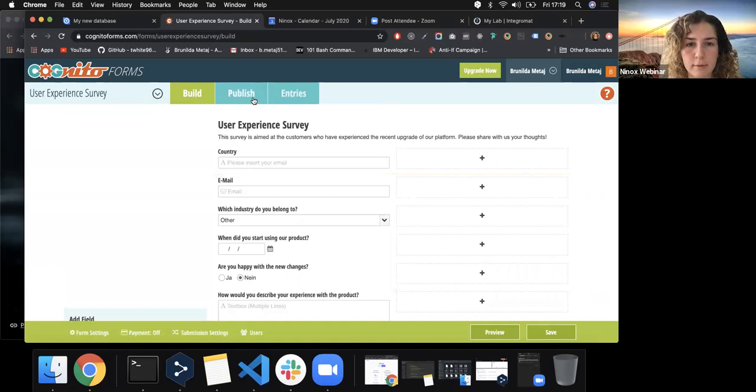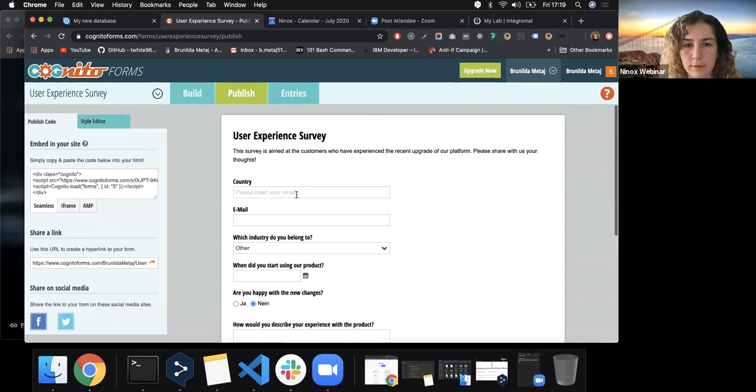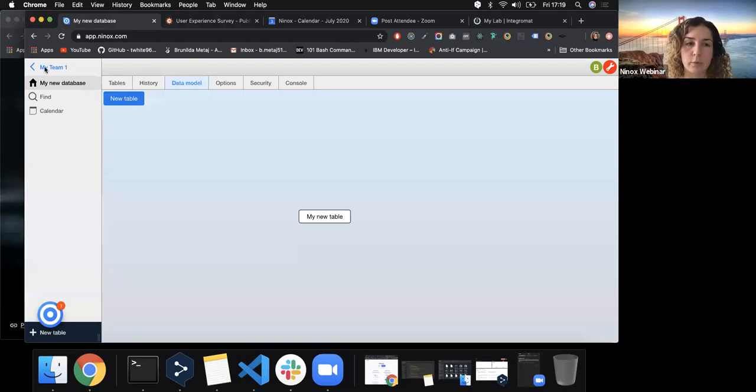And this is our form. So now that I have created our form, we want to make sure the end result is when someone fills out this form, the results are immediately sent into our Ninox database. So for this data to be reflected in Ninox database, we have to make sure that there is a table that is storing that and that is mapping the data exactly as we've created this form. So we're going to Ninox,